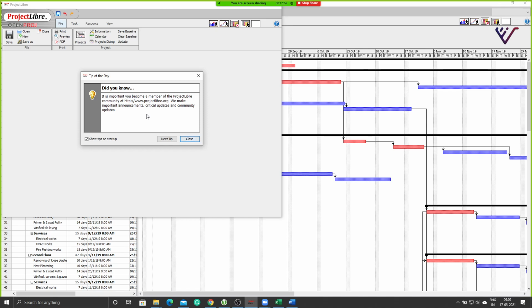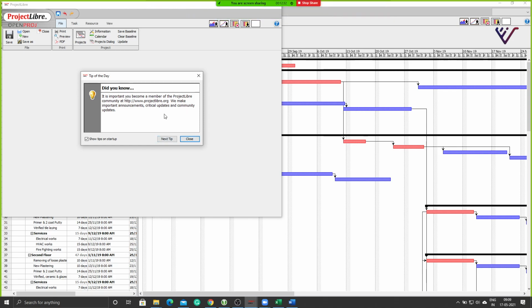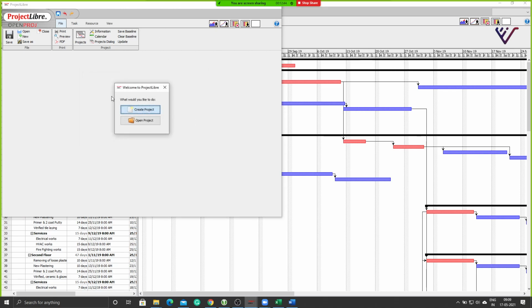Okay, so this is the dialog box that you get here. Are you able to see this new Project Libre here? Yes, sir. So you can go through these tips and tricks if you want, or you can close it so that it is not visible the next time. You can tick it off here. But I would recommend you go through this for the first time so that you see all the capabilities of Project Libre. Once you come into the Project Libre interface, you have this option of creating a new project or opening a project. In case you have already opened it and you don't have this option, you can always find that option here at the top under File. Under the File category, you will have the new project creation.